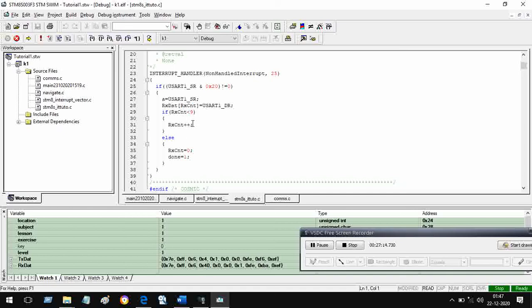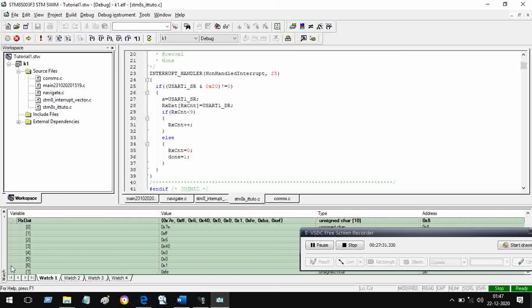How long will we increment? Till it reaches value 9. Afterwards we will not increment it. And in the process, this is the RxDat array, and you can see RxDat 0, 1, 2, 3, 4. So these values are coming. This is the response received from the MP3 module.